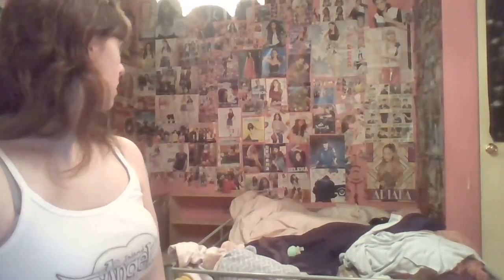But in case you haven't already figured out, I operate the camera, which is my laptop, by myself, so it's gonna be difficult, but I'll try it. So yeah, where to start? Well, you can see in the background there are a lot of posters. Yeah, I need more wall space. Anyway,